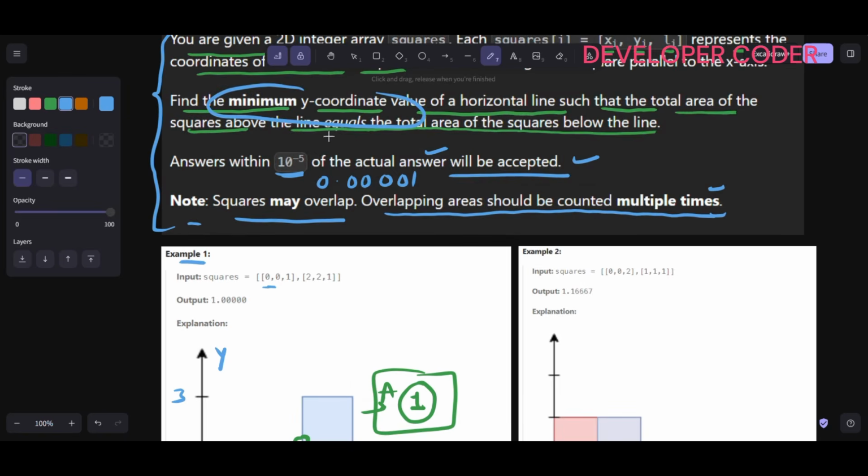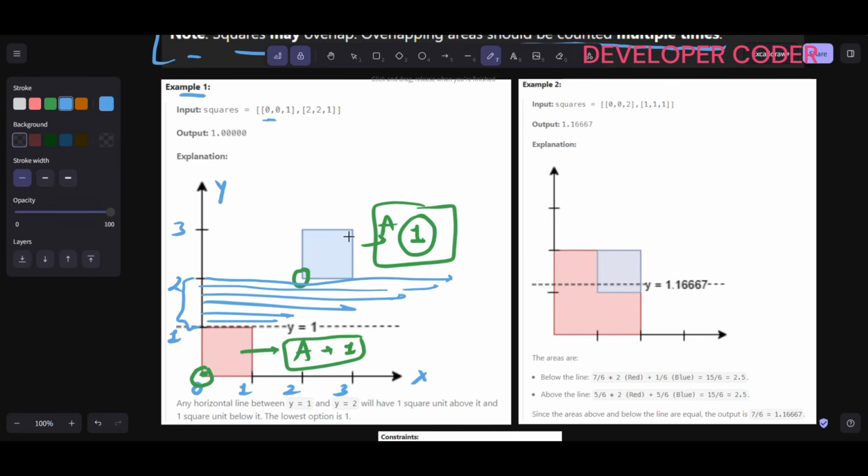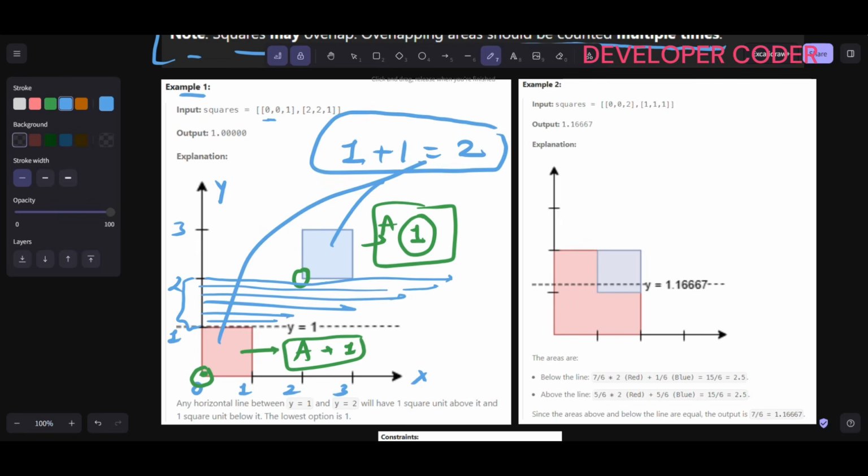Clear? So if you notice one thing, for this one the area is 1, for this one the area is 1, 1 plus 1 is 2. 2 is nothing but the total area. Now the total area is 2, and I need the above area to be 1 and the below area to be 1,